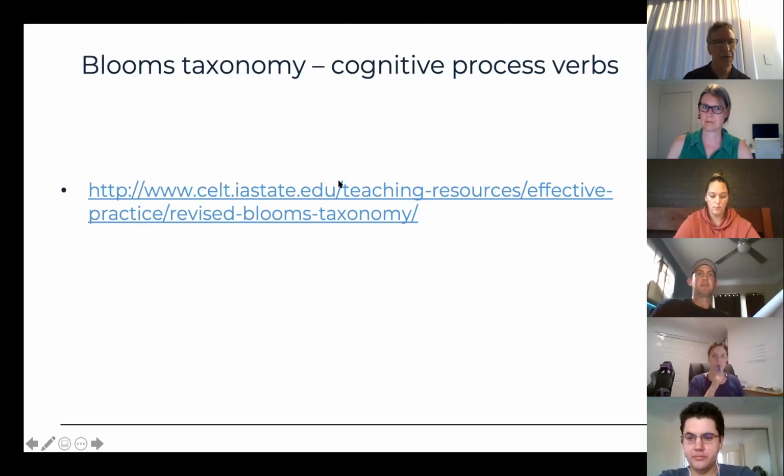If you look at these words, they're all verbs: recognizing, recalling, interpreting, executing, differentiating, checking, generating, planning. They're all things that you do. And what they said was that there are different levels of them. So if you like, this is a continuum from a very basic level over at this end. Can you see my arrow? You can see that?